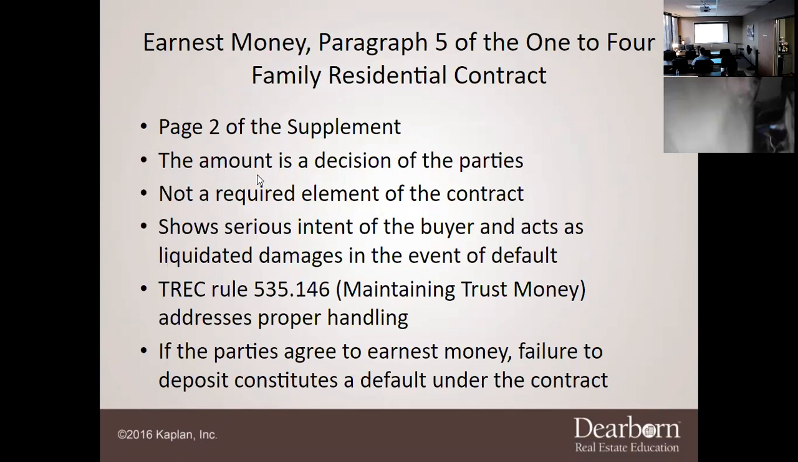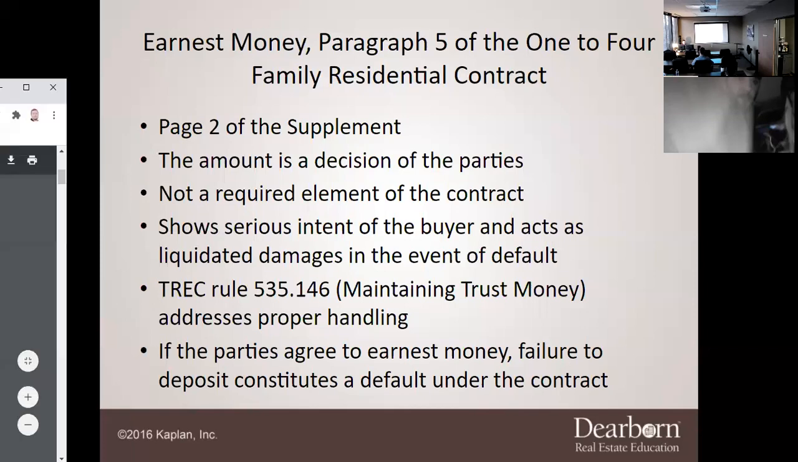The amount in it is a decision of the parties. Okay, when we're talking earnest money, for example, Mr. Stahl again, you're purchasing, say, Keith's property. Okay, you're going to purchase Mr. Keith's property. What happens is when you are completing the contract, right here,